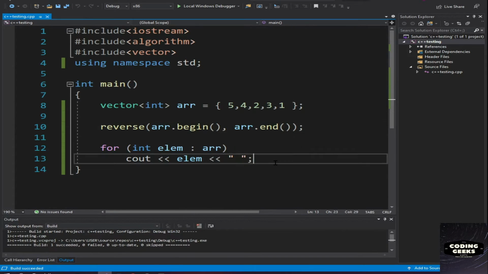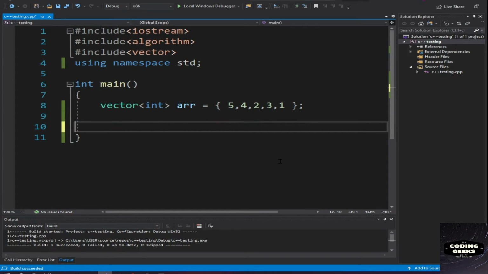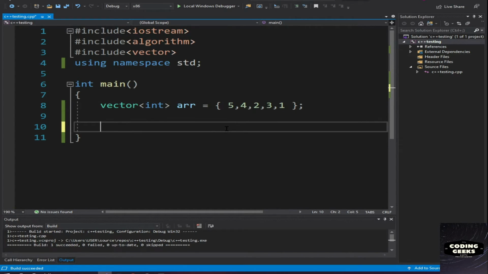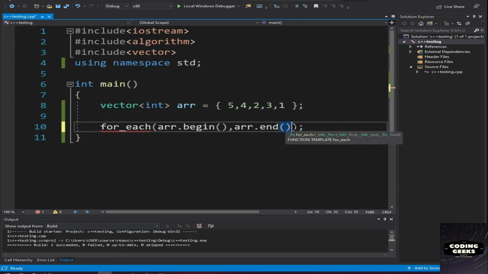Now, if there are any Python programmers watching this, we have a map function in Python which executes a function iteratively on every element of a list. So we have a similar function in C++ STL, which is known as for_each. What this function does is it takes array.begin and array.end, which are the end bounds of the array, or vector precisely. And at the end, I have to put a function pointer here, which will be executed for every single